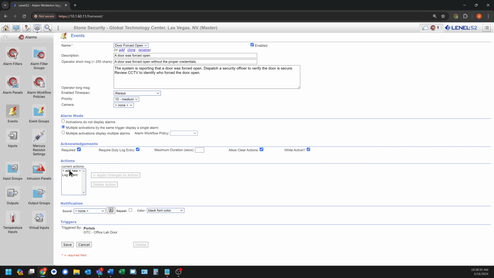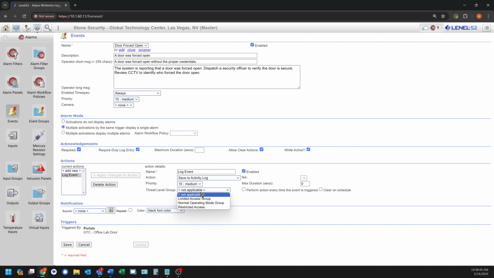Okay, and then what do we actually want to happen? What are the actions that we want? Here I just have a log event. So we called it log event, save to activity log, priority 10 medium, threat level group not applicable, and this event is enabled. But we could add additional events, maybe on a door forced outside of business